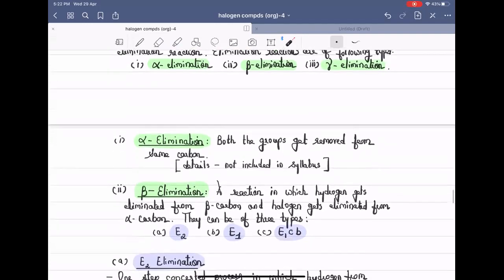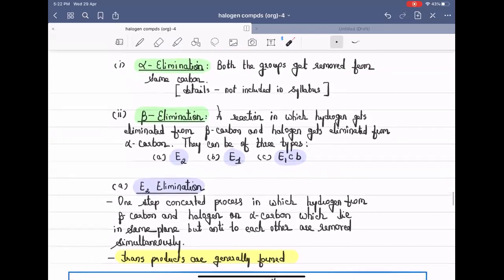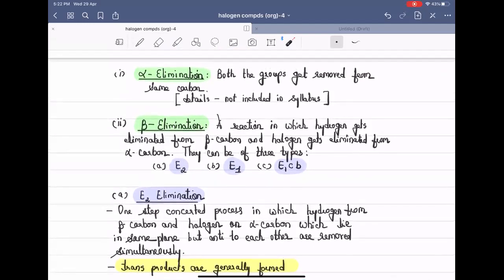So I have written in alpha elimination, both the leaving groups or both the groups or both the atoms, they are removed from the same carbon. So when you have both the atoms or both the groups removed from the same carbon, the elimination is called alpha elimination. Whereas in beta elimination,